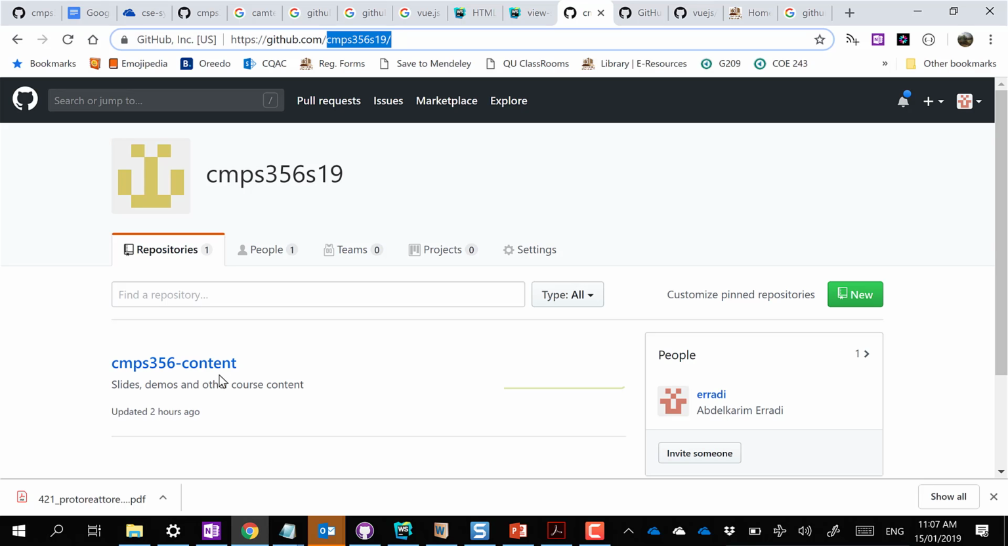No emails, no email submission accepted, no Blackboard submission, everything through GitHub. And this is how it works professionally. Okay, so just to get started,